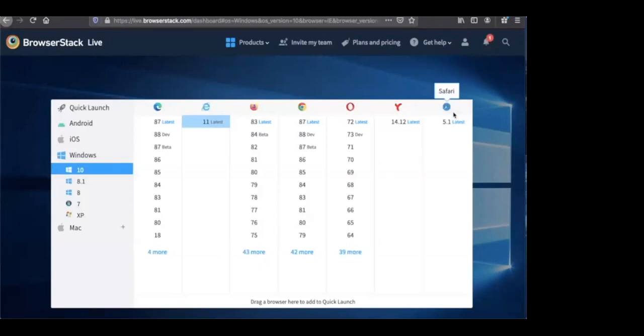A lot of teams have the ability to have single sign-on and things like that. BrowserStack already supports all of that. But once you're signed in, and fortunately for me, it's put me straight into Live. I have a huge repertoire of browsers and operating systems that I can test in.